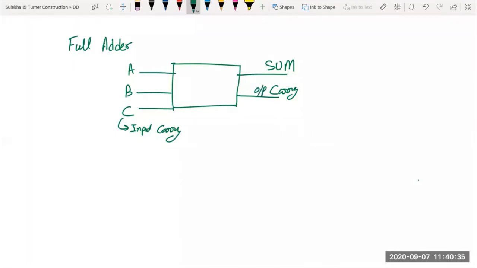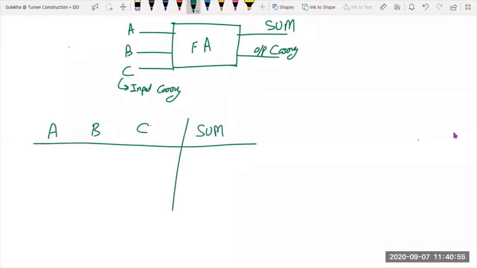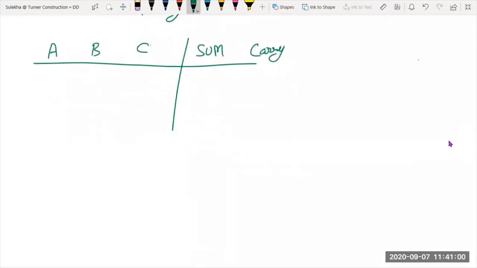So if you draw a truth table for this full adder, you have three input variables, a, b, and the last one is c. The c is your input carry, and you have sum and carry as your output. So if you draw the full table, for 0 0 0, if you calculate, you do 0 plus 0, that is your summation 0, carry is 0, and that summation of 0, if you add with this 0, you will get again 0, and your carry will remain 0.